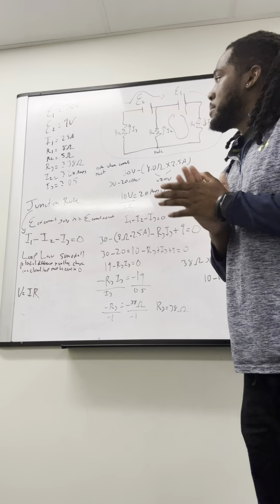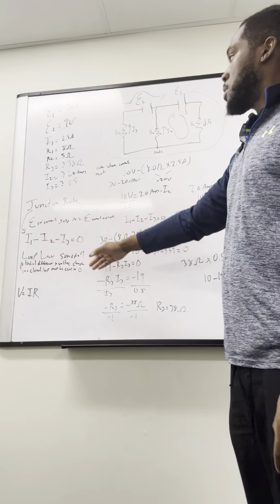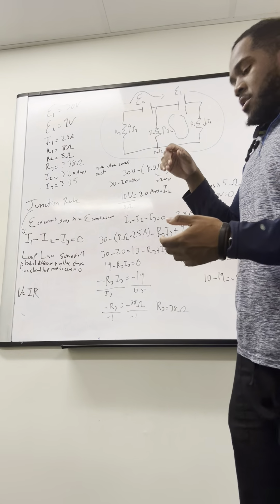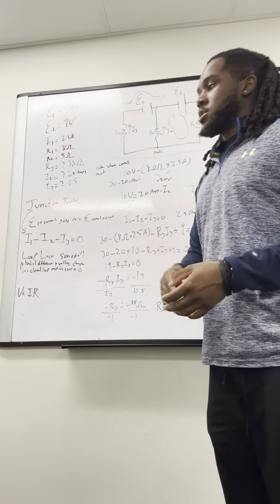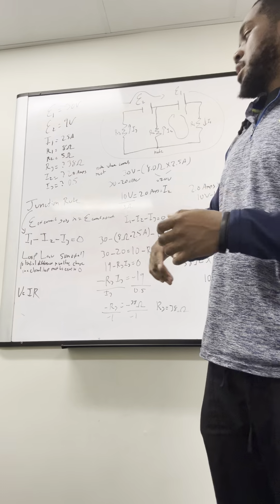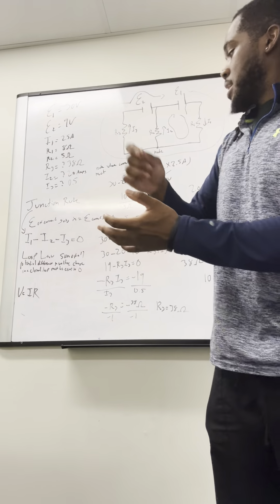Good afternoon, my name is Damian George and I'm going to be using Kirchhoff's junction rule and loop law to demonstrate a circuit problem. The junction rule basically means that the sum of currents going into a junction is equivalent to the sum of current going out of the junction, and loop law says that the potential differences in voltage change sum to zero in a closed loop